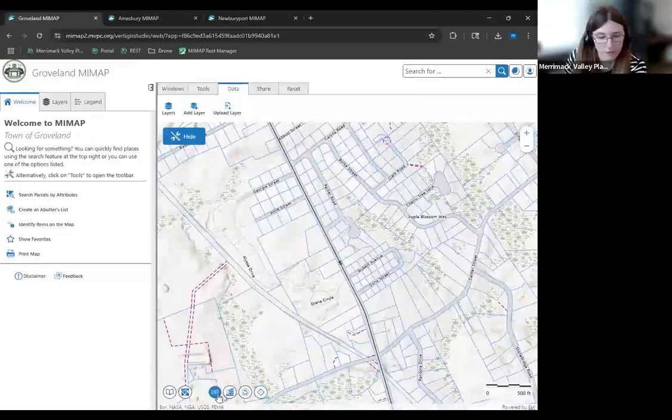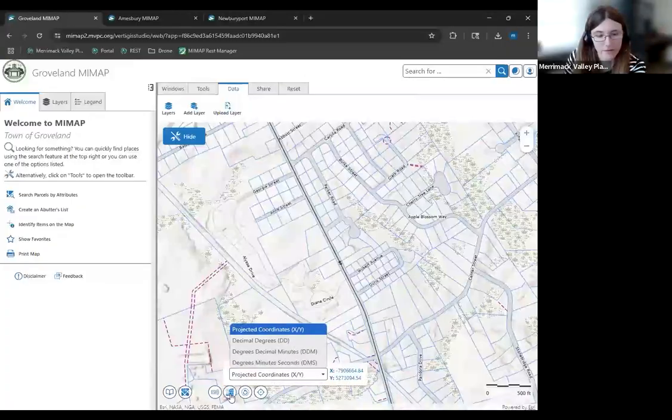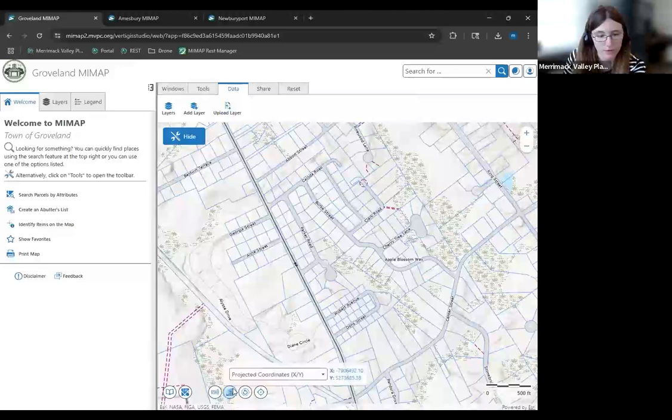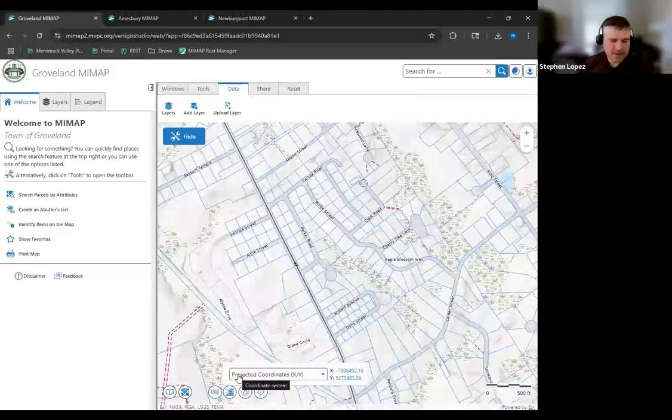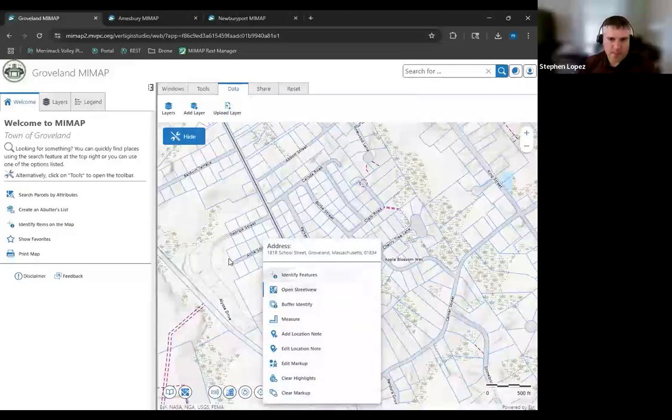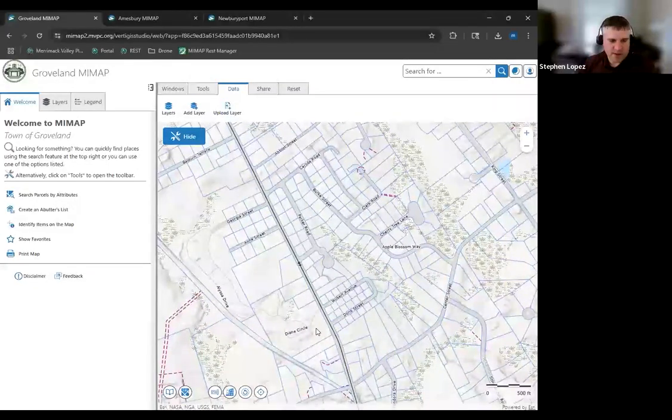Not sure if there's a button to go to coordinates. That might be something that might exist and something we could add if it doesn't. There's some other additional functionality we can certainly explore on this, much like all of you are in the process of learning the new platform. We are as well, especially on the development side. So we'll certainly be looking for opportunities to add additional functionality and improve current processes as we continue on here.